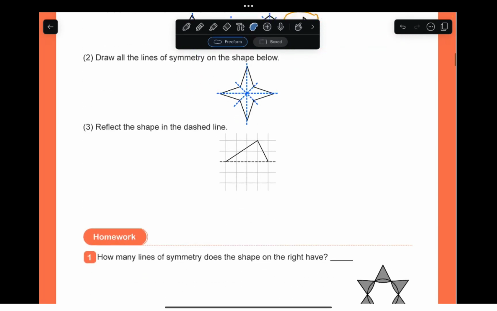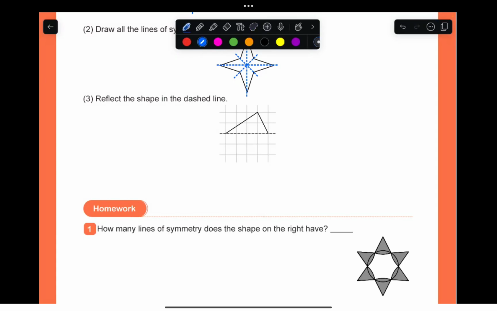Reflect the shape in the dashed line. So when you reflect the shape, you just have to measure the perpendicular distance between corners and the mirror line. So this is the mirror line, right? This is the mirror line. Okay, so if this is the mirror line, you have to measure the perpendicular distance between corners and the mirror line. So these are the corners, and if you